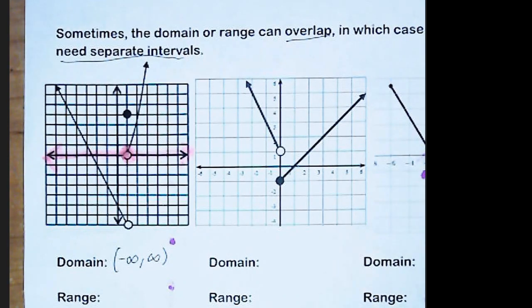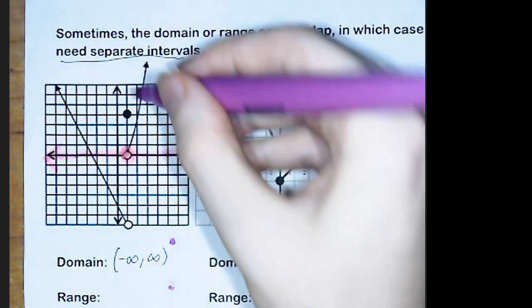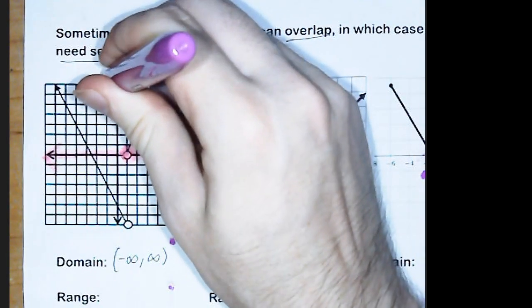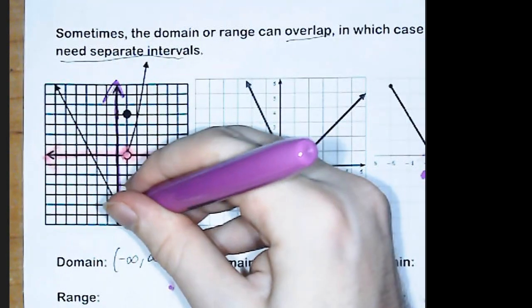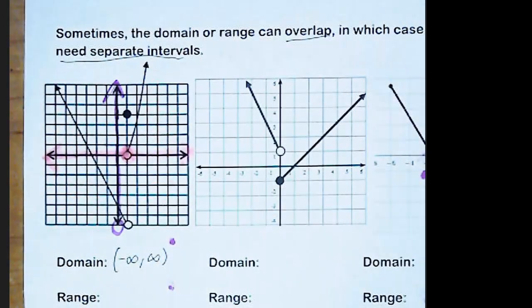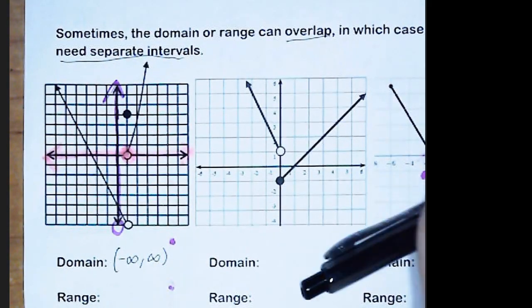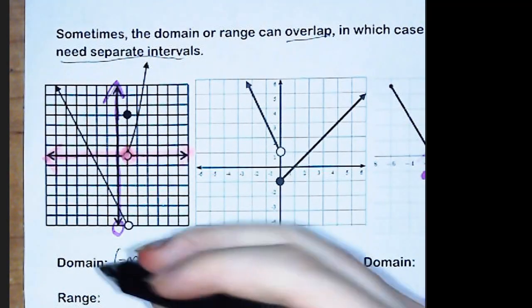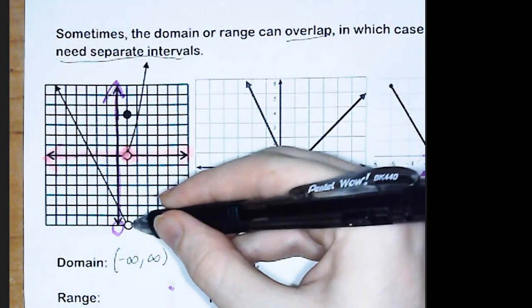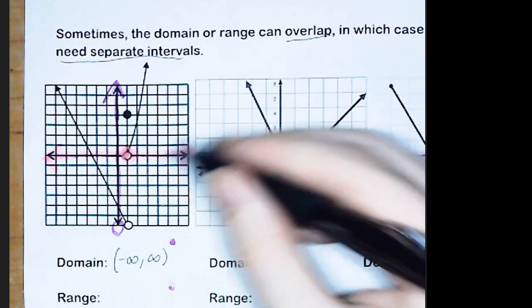Now for the range. Is the range all real numbers? The answer is no, because although it goes all the way up, the lowest it goes is right here at -7. Right? 1, 2, 3, 4, 5, 6, 7. Yep. So it starts at -7, and the point where y is -7 is an open circle,